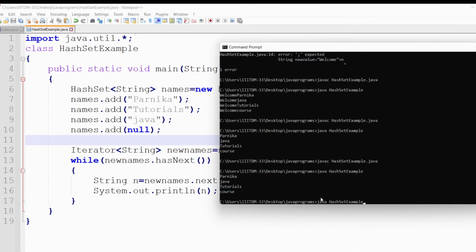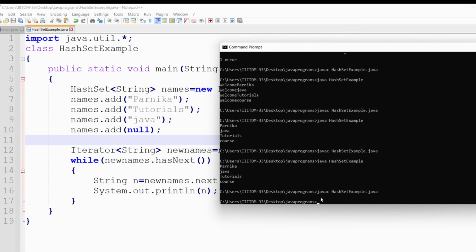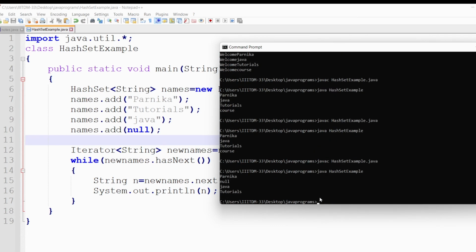Let me compile the program, and now let me run the program. Okay, now you can see we got Parnika, null, Java, tutorials. Now let me discuss about the